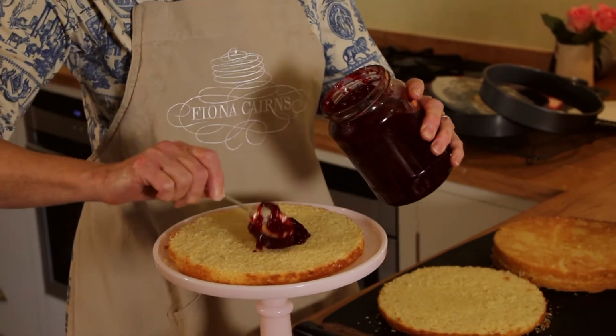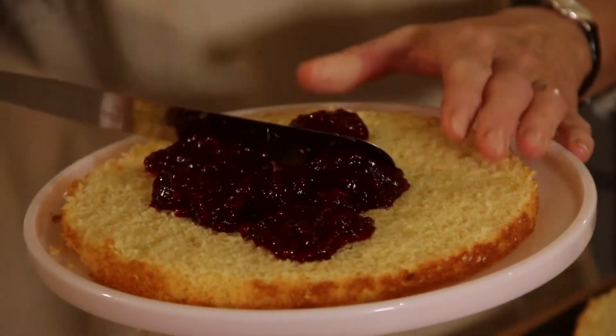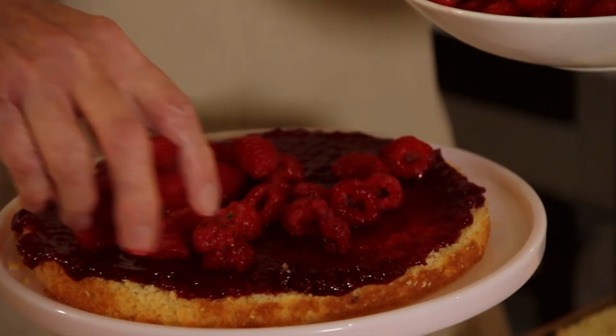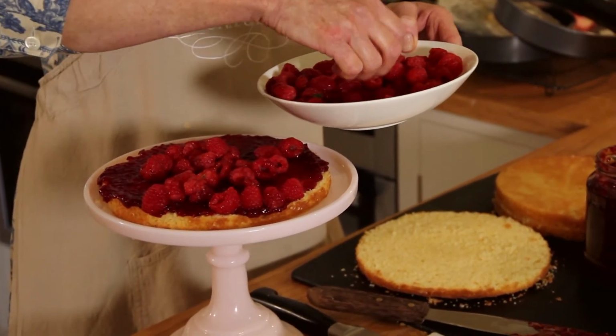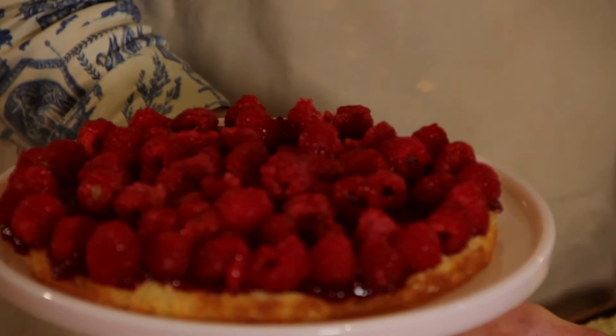and just spoon a few spoonfuls, depends how generous you want to be, all over the base, like that, and then with a palette knife, spread the jam all over like that. And I have my fresh raspberries, which I'm just going to scatter all over like that. And make sure when you're doing a cake like this that there are raspberries all around the edge, because that's the bit, of course, that you'll see. And then the next layer of cake is going to go on top of this,